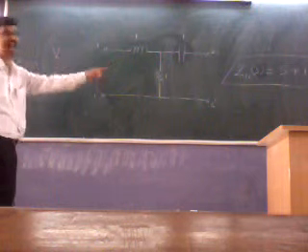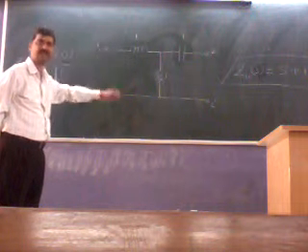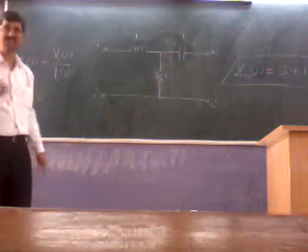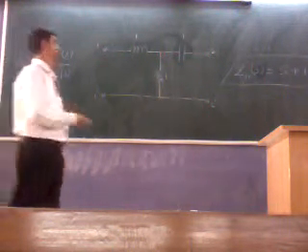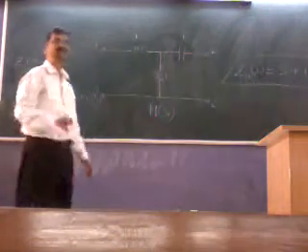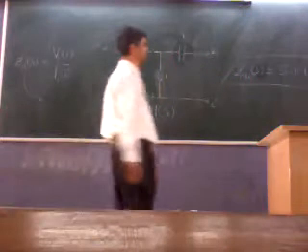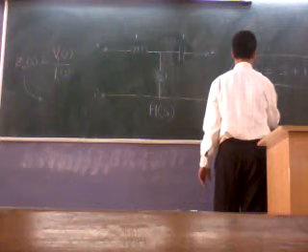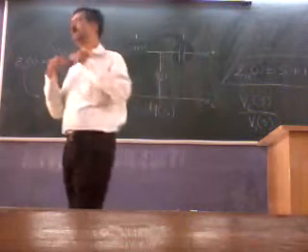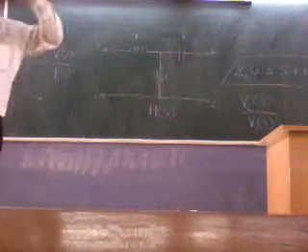And now I define another function. This is considered a driving point function because it is only one port: the ratio of voltage and current there, or impedance, at the single port. And now we can define what is called the transfer function, which is very important. That is H of S or G of S. H of S is V2S upon V1S. V1S means you may connect one input, get what the output is, find the Laplace transform of the input, find the Laplace transform of the output and get the ratio.